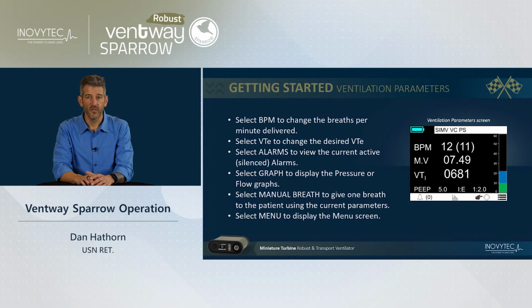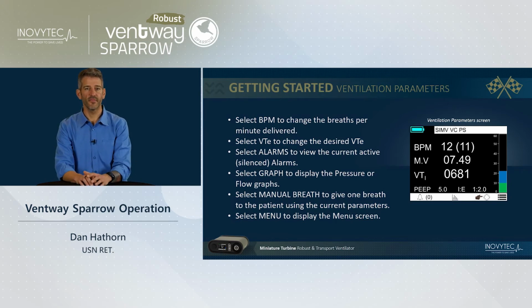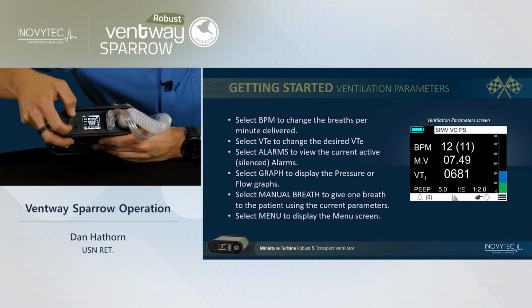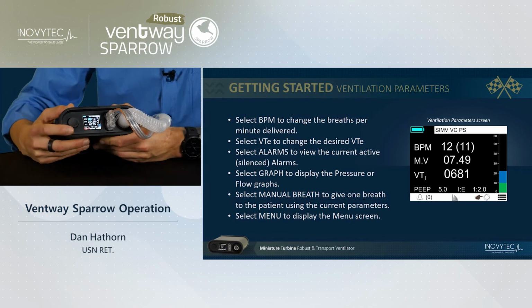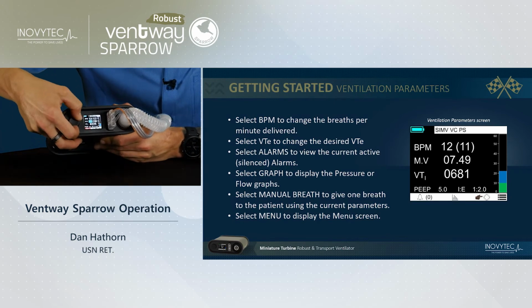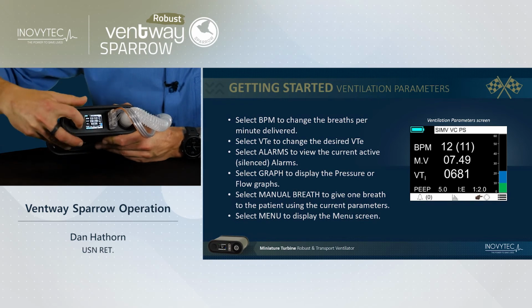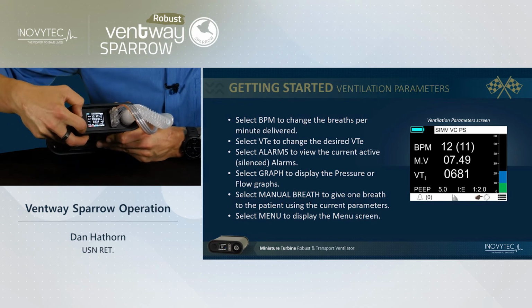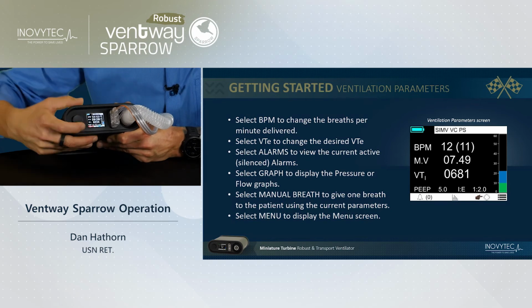Select graph to display the pressure or flow graphs. Select manual breath to give one breath to the patient using the current parameters. Select menu to display the menu screen. Breaths per minute, your PEEP, VTE, your alarms, your graphs, manual breath,